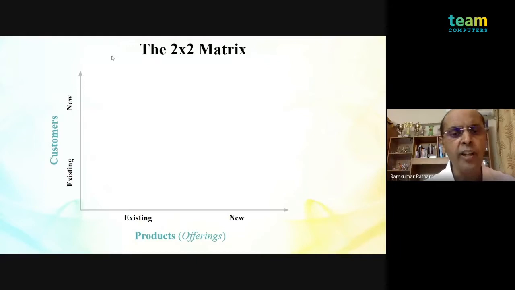So just look at the slide. It has an x-axis and a y-axis. So what does it attempt to do? It attempts to map all the offerings that you have in your bag and categorize them under existing and new. And you look at a customer. In the customer organization, you have an existing customer and you have a new customer. Now I'll explain this concept in a little more detail in the next slide, and then you will understand the application of this better.